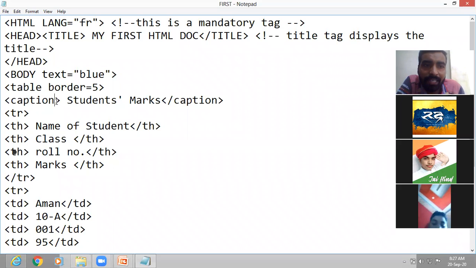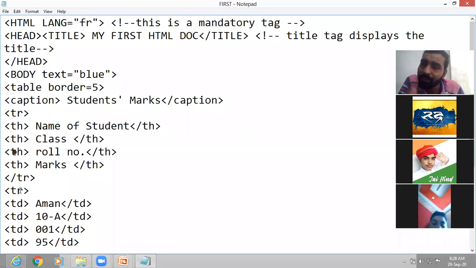Yes. Now you can see the 5-point border is coming with the border attribute, and the caption is given. So the caption is showing the title of the table, and the first TR is forming the first row, in which there are name of student, class, roll number, and marks. These come as column headings because here we have used TH. TH stands for table heading.